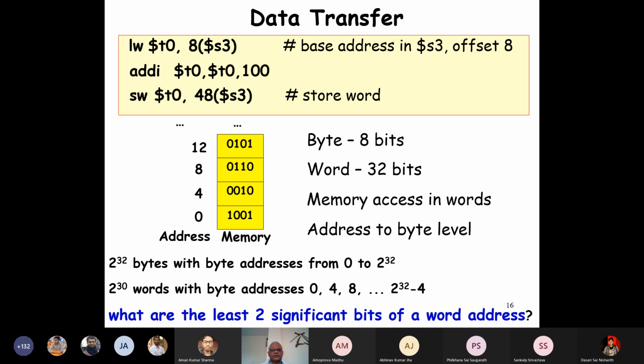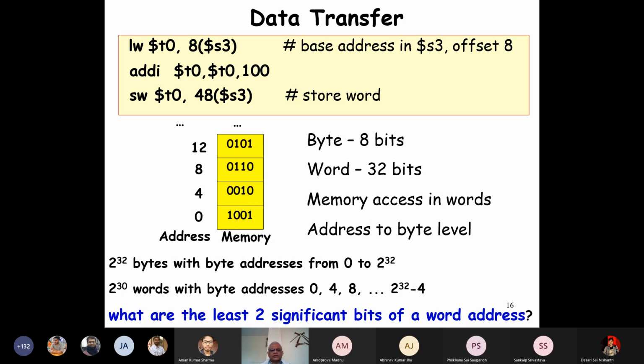So here in this program, whatever be the base address, let's say this is the base address here, and 8 is this one, 0110 will be brought here, and then added 100 to that, and then we'll store it at location 48 from the base address.